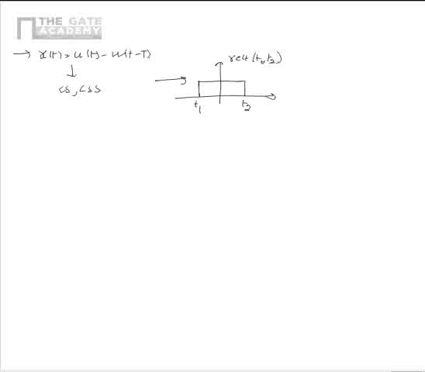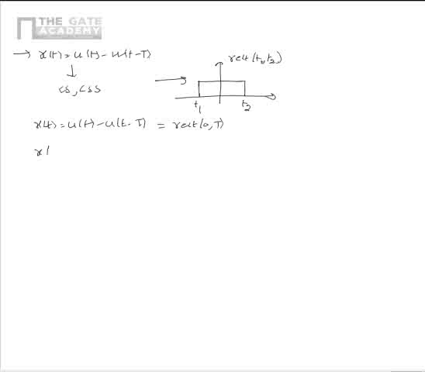Given a signal x of t is equal to u of t minus u of t minus capital T, we have to find its conjugate symmetric and skew symmetric parts in terms of a function rect of t1 comma t2, which is as shown. We know that the given signal x of t is equal to u of t minus u of t minus capital T can be written as rect of 0 comma capital T,